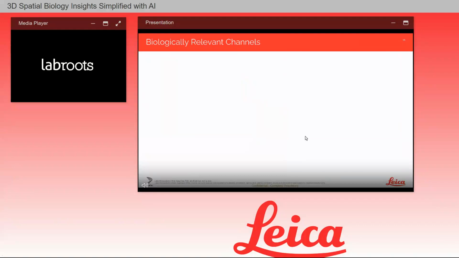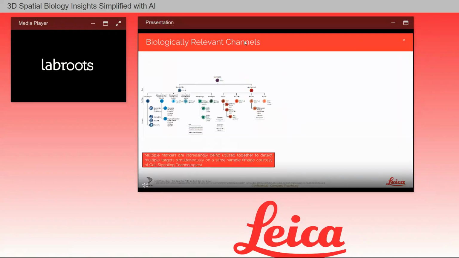Next, we provide a method to organize biologically relevant channels. So when we look at a panel of antibodies like this, which is provided by Cell Signaling Technology, who's our partner for Leica CellDive, you see a number of markers that are present for different types of leukocytes. In this example, they can be divided into lymphoid, for example, and T cells and B cells. The essence of this feature is that users can now organize these numerous markers under different headers, as you see here, such as T cells and lymphoid cells and B cells, and then visualize them simultaneously and import them into